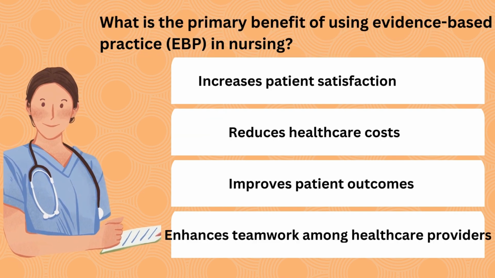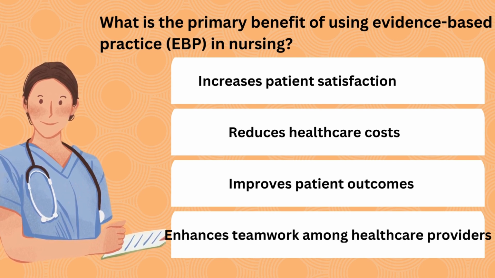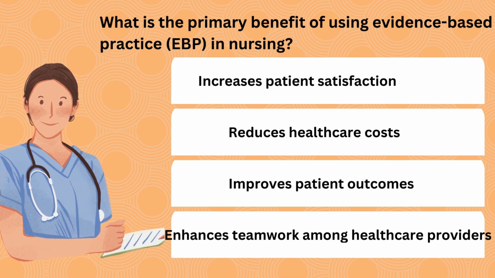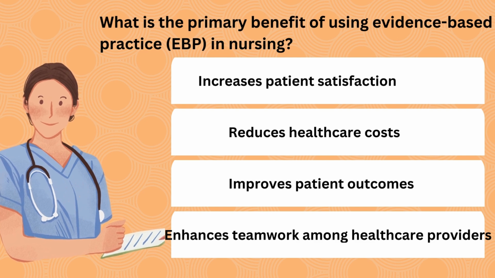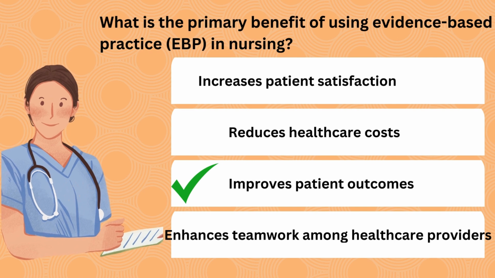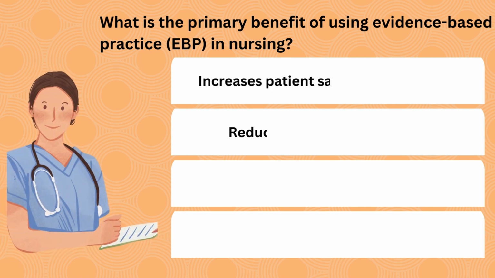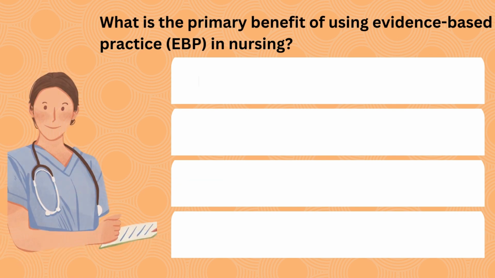Question 6. What is the primary benefit of using evidence-based practice, EBP, in nursing? Is it A. Increases patient satisfaction, B. Reduces healthcare costs, C. Improves patient outcomes, D. Enhances teamwork among healthcare providers? The correct answer is C. Improves patient outcomes. Evidence-based practice ensures that nursing interventions are based on the best available evidence, leading to improved patient